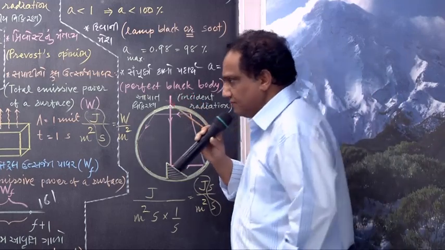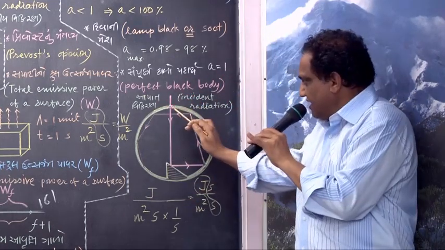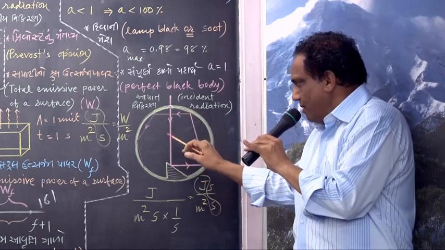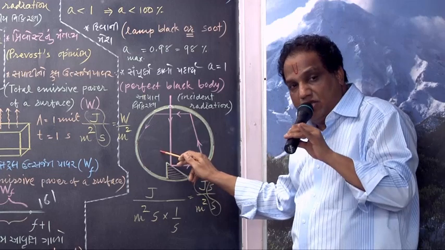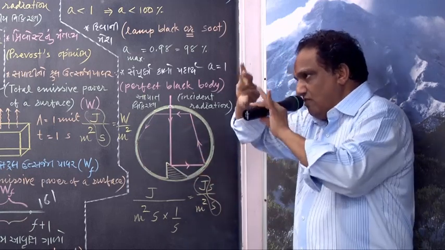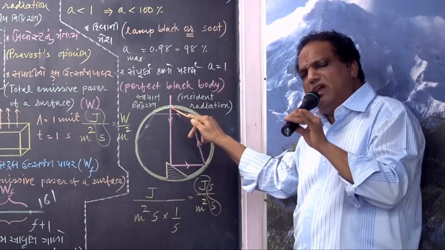Look here. Suppose I have one spherical shell. This is the spherical shell. This is the wall. And inside that hollow part, it is called the cavity. So here is a cavity with some walls enclosed from all the sides. And here there is a very small hole, very small.